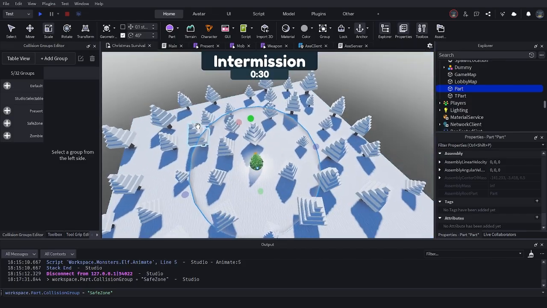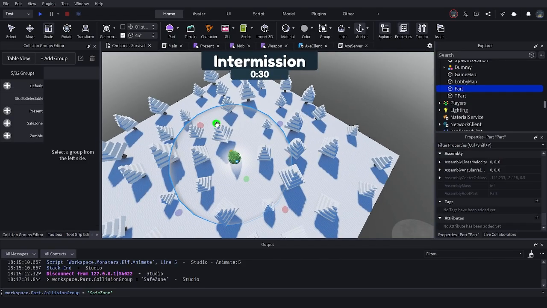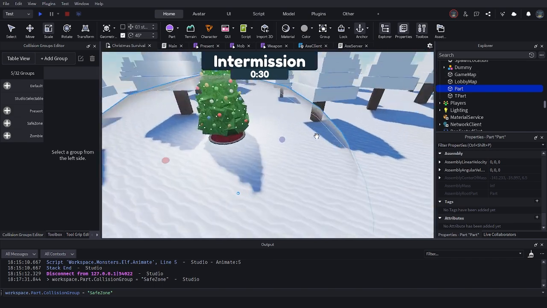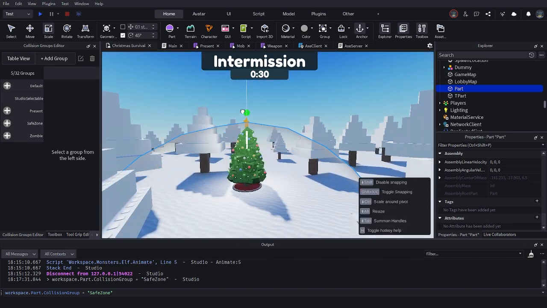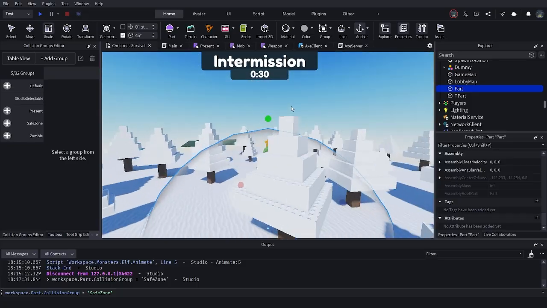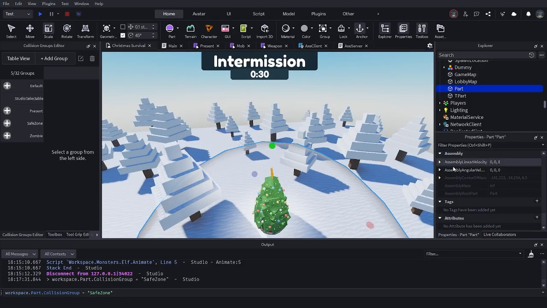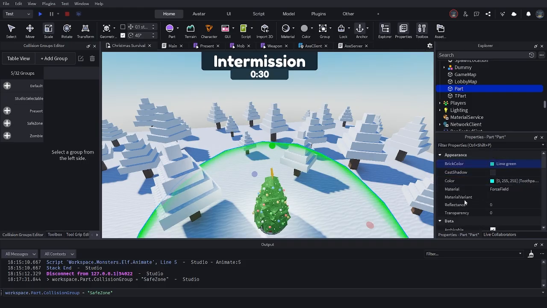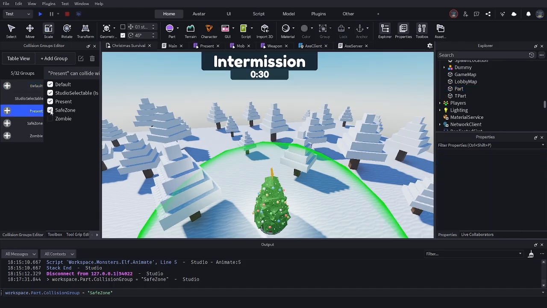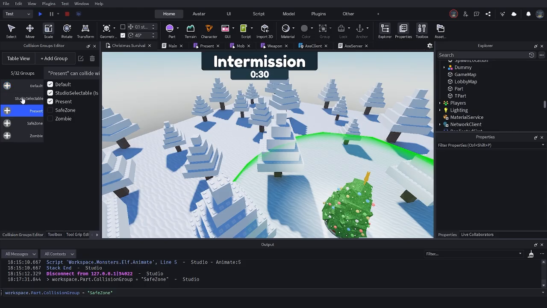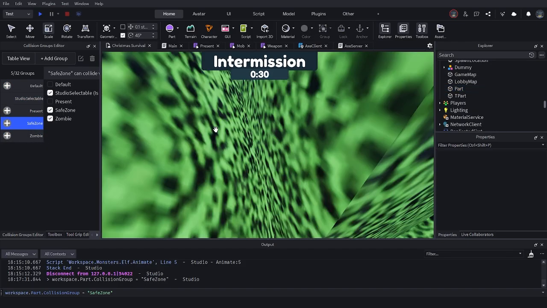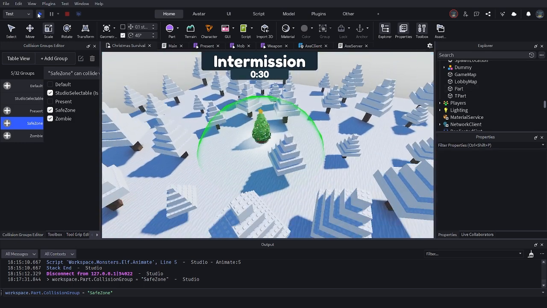And let's see, I feel like that's way too big of a spot, so let's just make it a little bit smaller. And yeah, that seems good enough. And let's make it nice and green. And let's make it so that everything can collide with safe zone except the zombies. Alright, so now if you were to hit play,